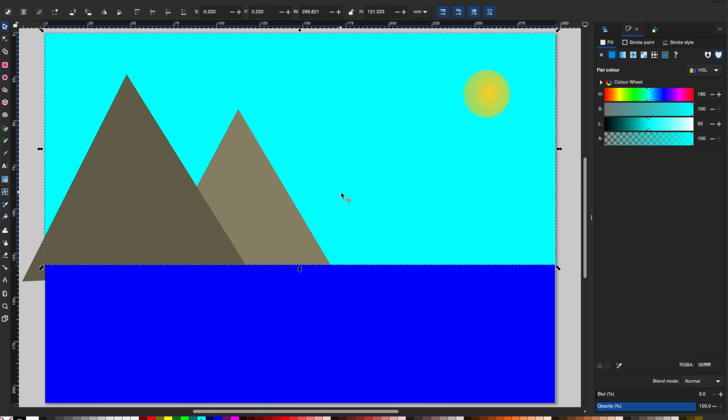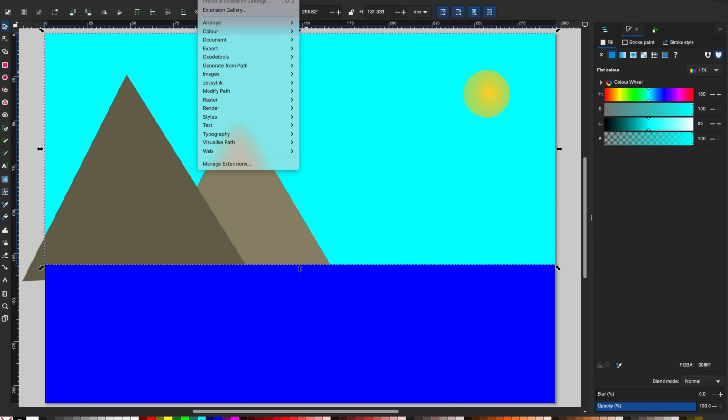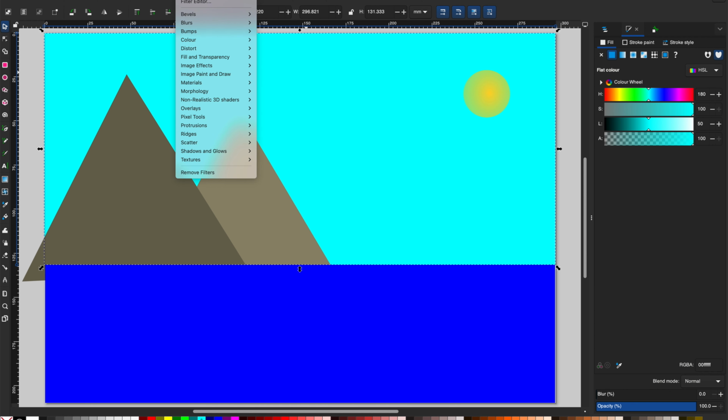What else could we have? Right, so we'll select the sky, and Inkscape has actually got some nice what are called filter tools, and you can also add various extensions which I think you can download. So okay, for the sky,